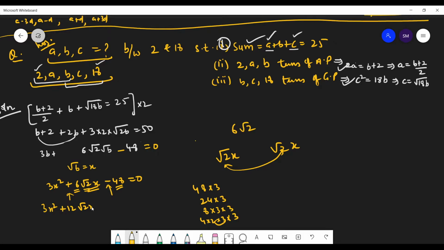Yes, you need to find the value of a, b, c. Very good. Now you can easily find it, put the value of 8 here. So 8 plus 2 is 10, divided by 2 is 5. So a is equal to 5. So put the value of a and b over here. So this is 13. So 25 minus 13 is 12. So you get c as 12.